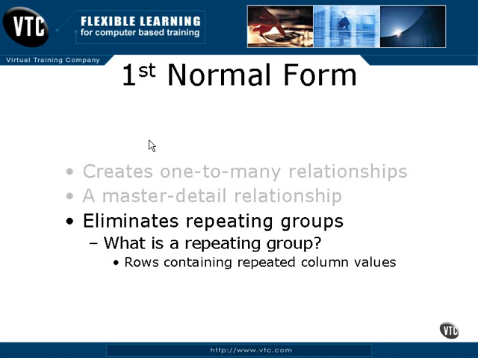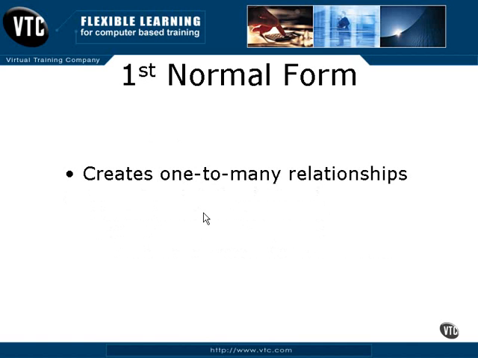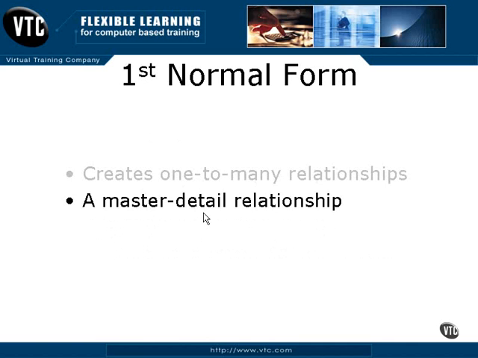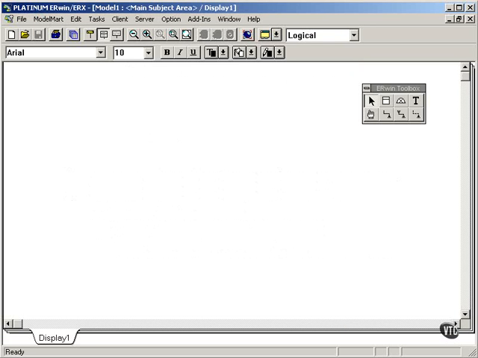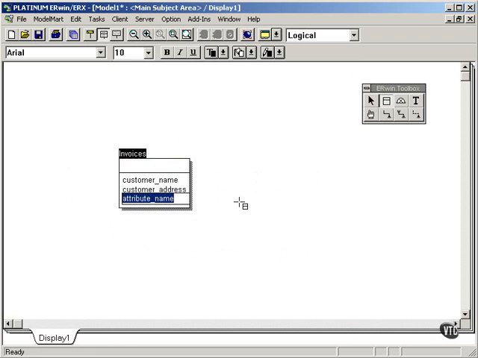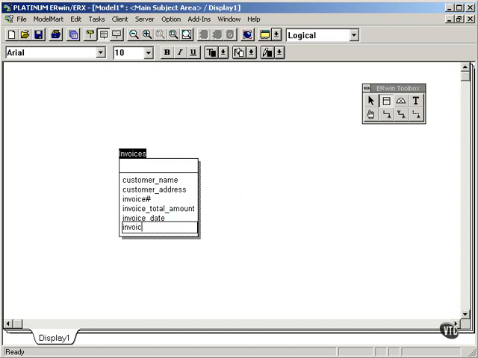Now what I want to do is to demonstrate the application of first normal form. So, back to basics, we create one-to-many relationships and a master detail relationship. Classic version of that is a file of invoices where, let's say we don't have a primary key to start with. We have a customer name, we have customer address, we have an invoice number, and then we have an invoice total amount and an invoice date, and then we have invoice item